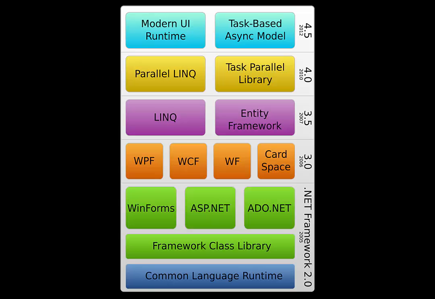The framework itself has evolved over time as well. Back in .NET version 1.0 and 2.0, the framework consisted of three primary pieces, including the Common Language Runtime, the CLR, framework libraries, and those made up primarily WinForms, ASP.NET, which is the web component of the .NET framework, and ADO.NET, which is the data access layer of the .NET framework that's used for things like SQL Server and other